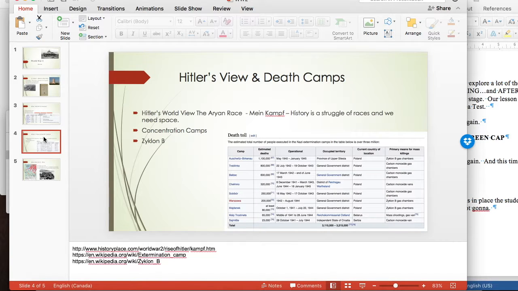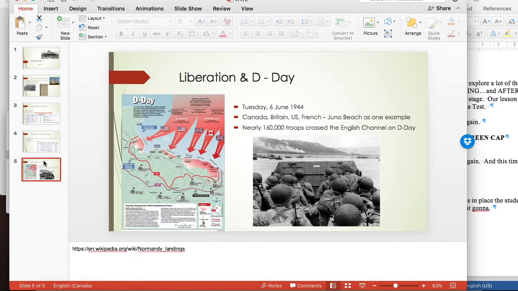And we also get into a little bit of philosophy, and I talk about Mein Kampf and Hitler's view of history being a struggle of races, not just classes. And we do talk about concentration camps and the Holocaust. And I bring up liberation and D-Day. So it's about 20 minutes. Again, the point is not to cover World War II, but to have a lively conversation that has numbers and dates and war strategies and people and things that would make good fodder for a test.